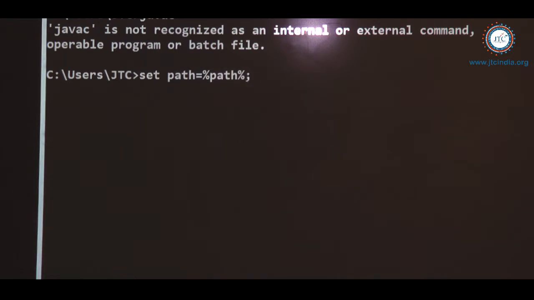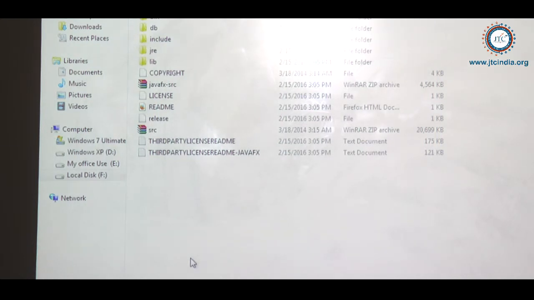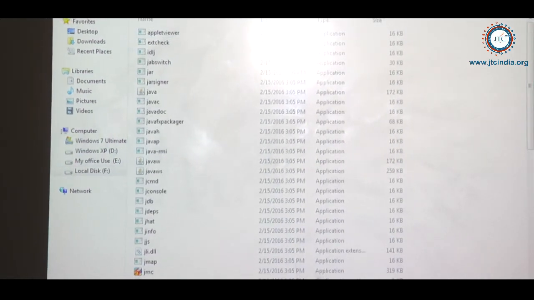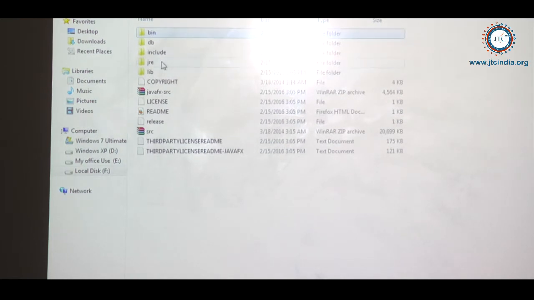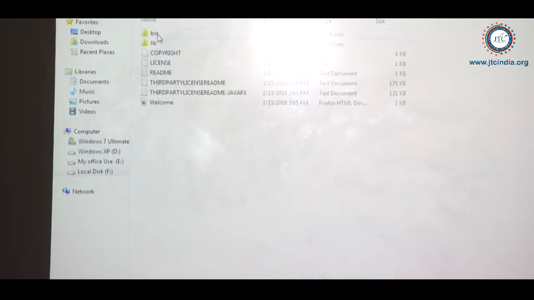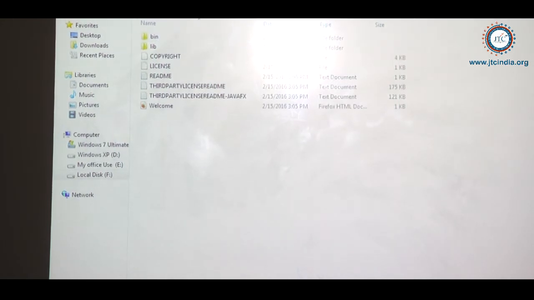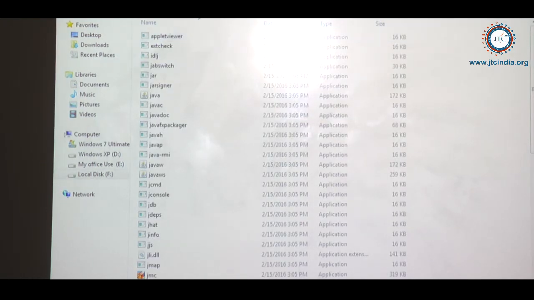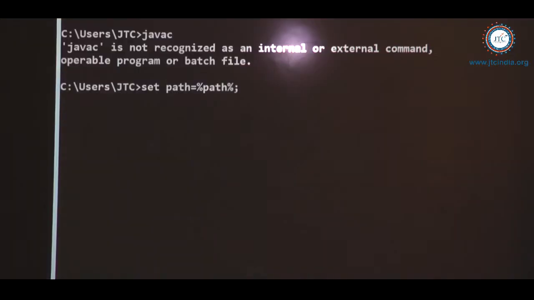Then we must go to the location where we have installed the JDK. After going to the location, you can notice on the bar, I am giving the JDK location. Now I am coming to the bin folder. Remember one thing: inside the JRE also one bin folder is there. I am not talking about the JRE bin, I am talking about the JDK bin, which is available directly inside the JDK folder. I am copying this bin location, and again I open the command prompt, right click and paste it. The bin location is pasted here, right?